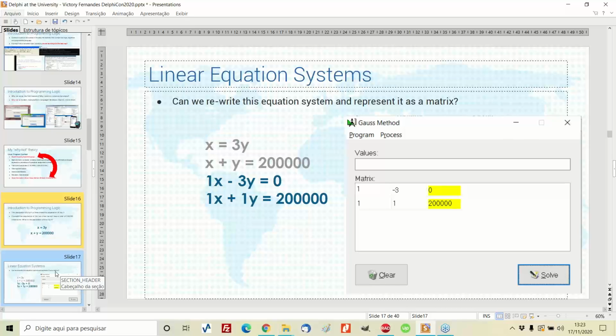So first of all, if you go into the university, you start to go into some calculus disciplines, for example, from the very first semester even. So you have calculus in the first, second, third, and fourth semesters. And in these disciplines, you actually work, for example, with linear equation systems. And this is a linear equation system. We learn how to solve it via algebra, and we also learn how to solve it via numerical applications. And one of the numerical applications we learn how to solve is through Gauss method.